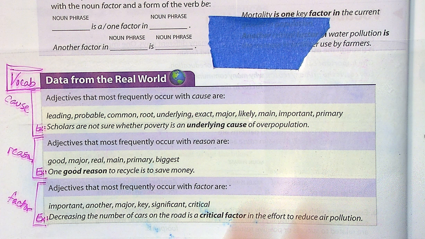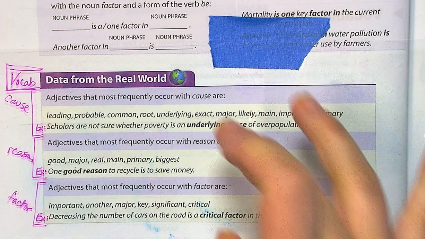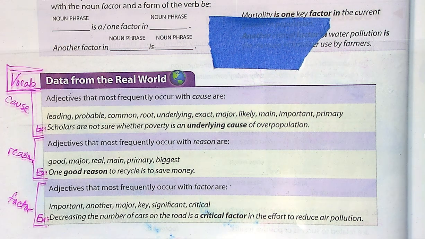The purpose of this box right here is to help you start practicing and developing some of these common best friend words. Most native English speakers know that good goes with reason. It doesn't usually go with cause or factor. Why? Well, that's just the vocabulary. So again, maybe you don't have that intuition, that feeling yet about these words. So this grammar box is trying to help you practice these words together to help you start creating that feeling and to help your brain